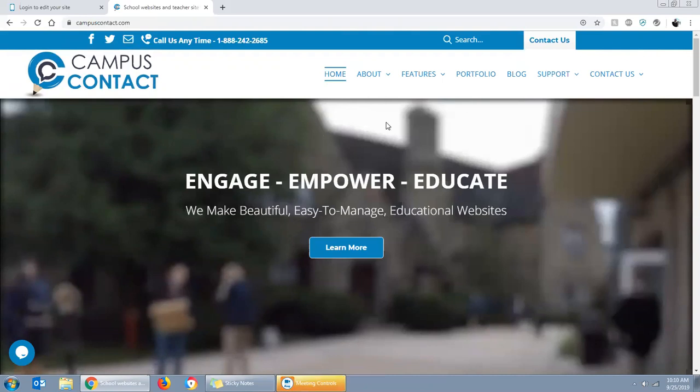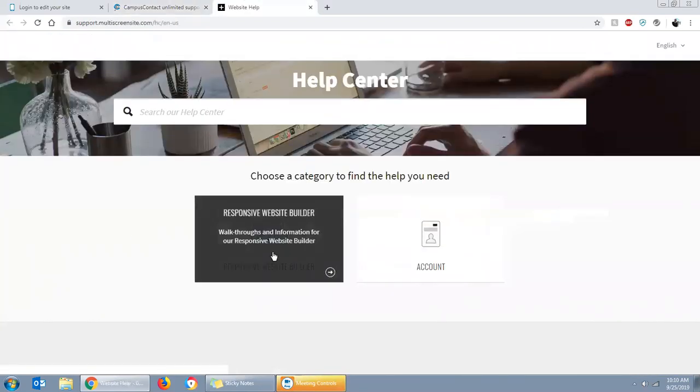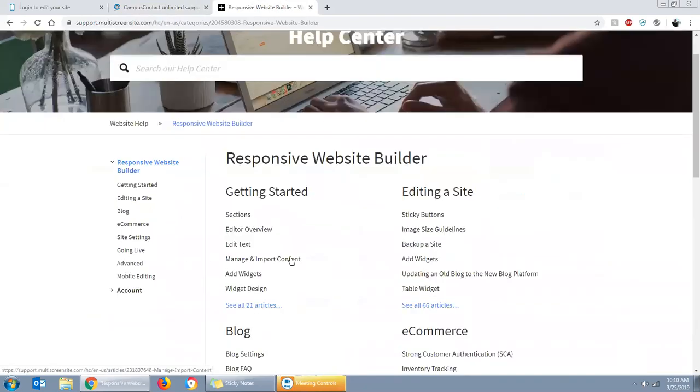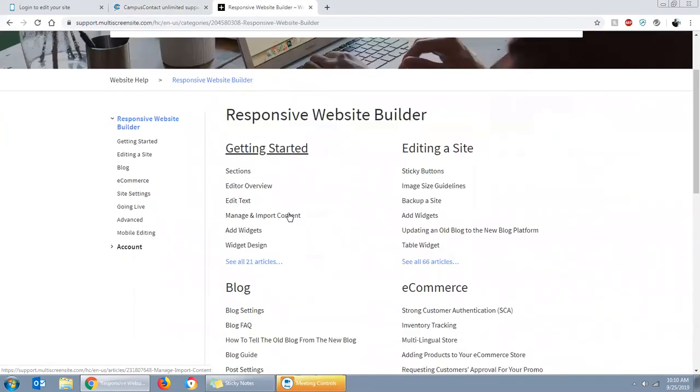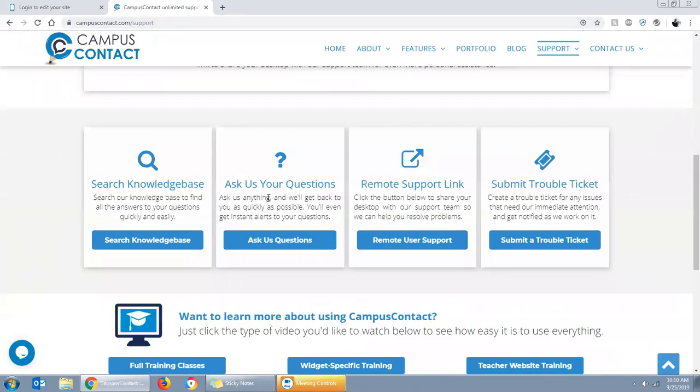So just in case you're not familiar, campuscontact.com is where you need to go to access us. And from there, you can actually access our support by clicking on the support link. And there at support, you can search our knowledge base regarding the website, where you'll see a lot of information that I'm not going to be able to cover today. But you'll see a tremendous amount of documentation in here available for you, as well as you can contact us by just asking any questions you have, which you can also do by clicking on the little blue chat bubble